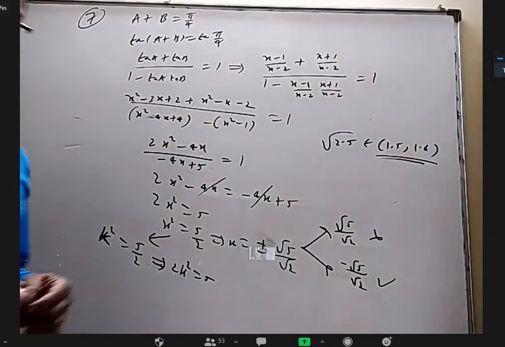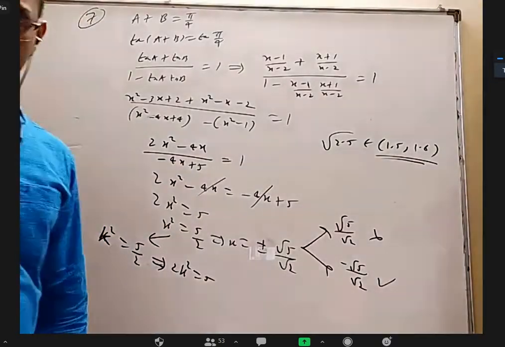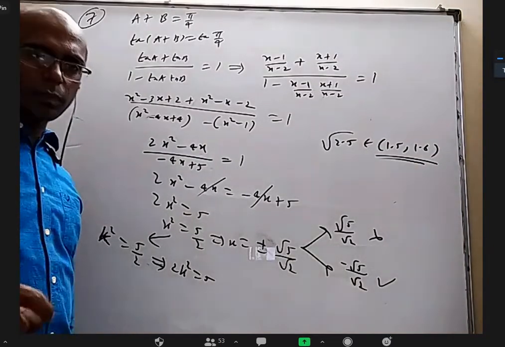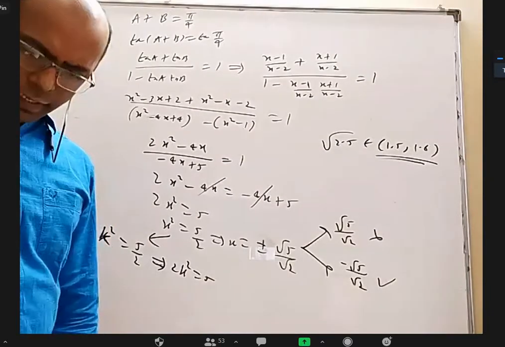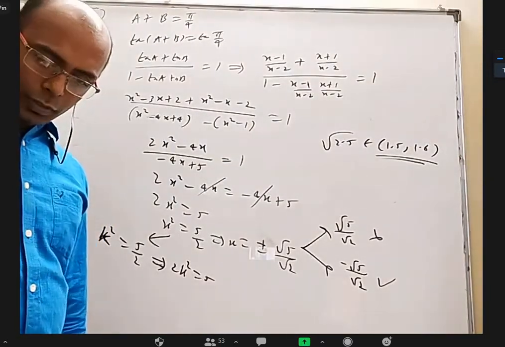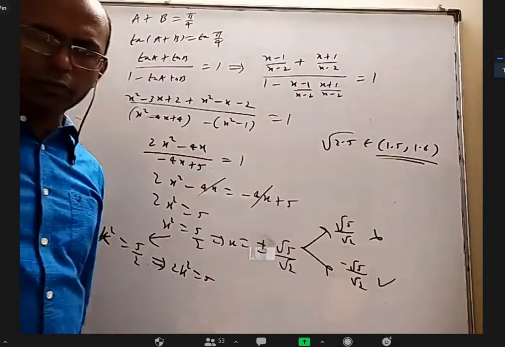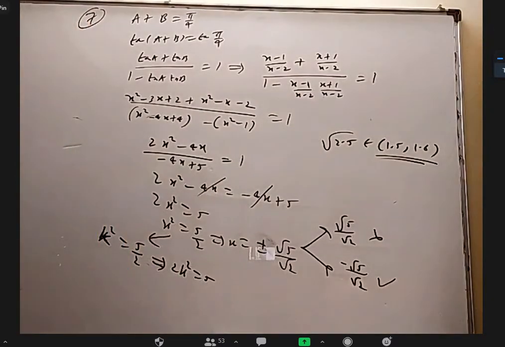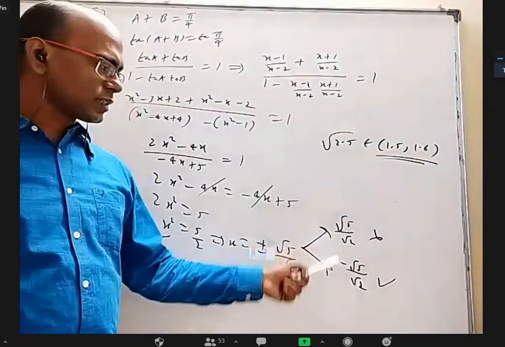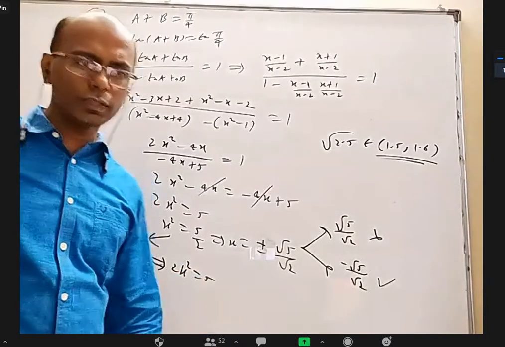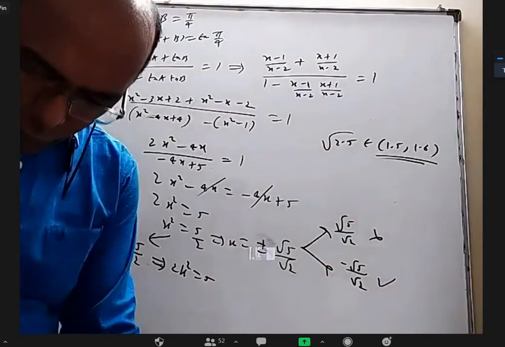So if you substitute x as plus 1.5, you can easily see the first tan inverse is negative, the second tan inverse is also negative. How can it be positive? If you substitute minus 1.5, in the first tan inverse the numerator is negative, the denominator is negative, but the ratio is positive. In the second tan inverse the numerator is negative, the denominator is negative, again it is positive. Both are positive and they may add up to 5 by 4. Okay, so they can give a question where whether k is this or this can matter in your answer. Here they did not give that. I can even make a new question.